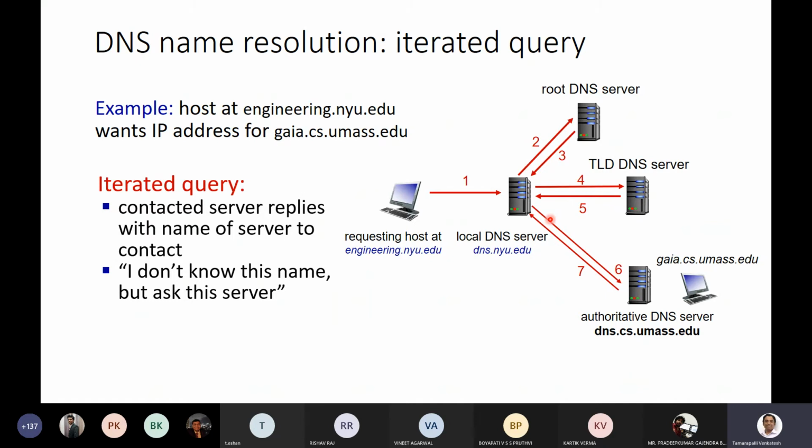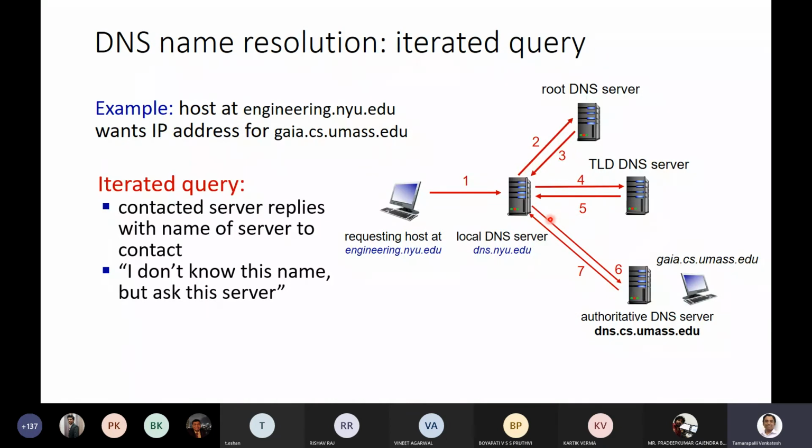Okay, and so these are basically the steps. You can see that excluding the local DNS server query, there are totally 3 pairs of query responses which are used in resolving the domain name completely. If you have more subdomains like the secondary TLD domains, then you will be using more query response pairs. So this form of query resolution is called an iterated query resolution mechanism.